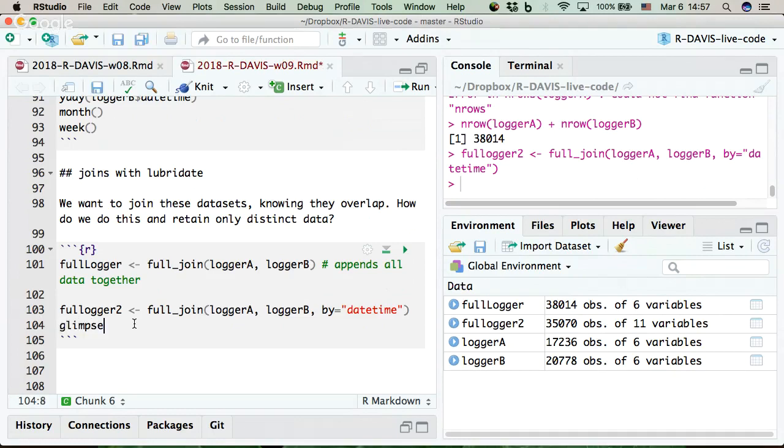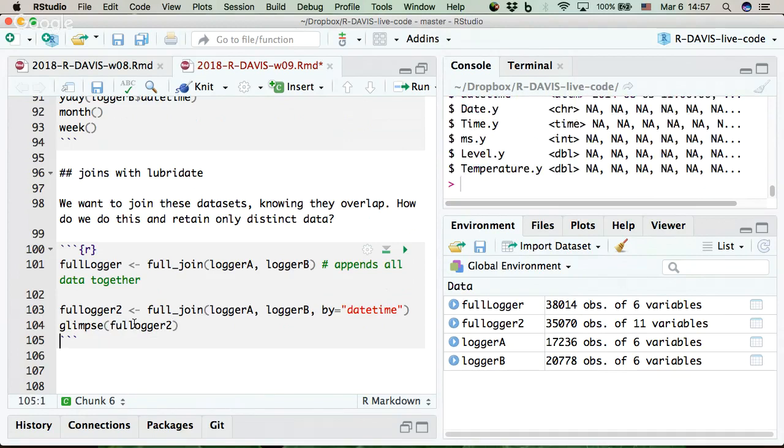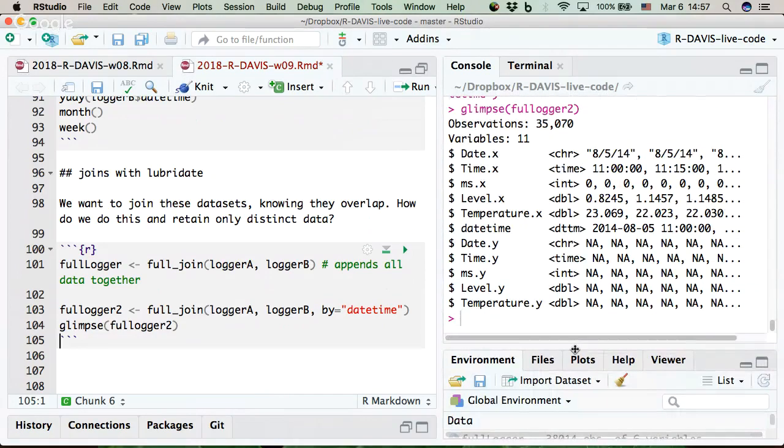So what's that about? Let's take a look. If we glimpse full logger 2, look what it did. Anytime you have columns that are the same in both, it will append an X for the one on the left side and a Y for the ones on the right side. In our case, we don't really need all of these, and because some are missing from one versus the other, it's put NAs. So it'll fill NAs for the one side versus the other. Mike will talk more about this, it'll make more sense. But essentially what I would next do is rename. If we want to clean this data set up,